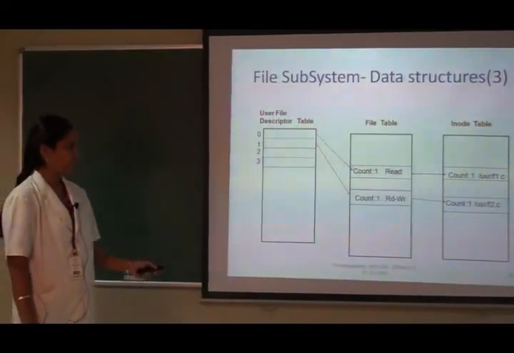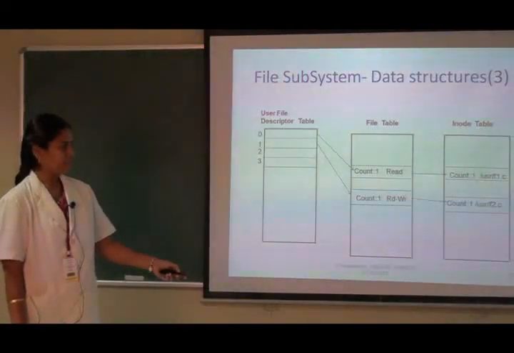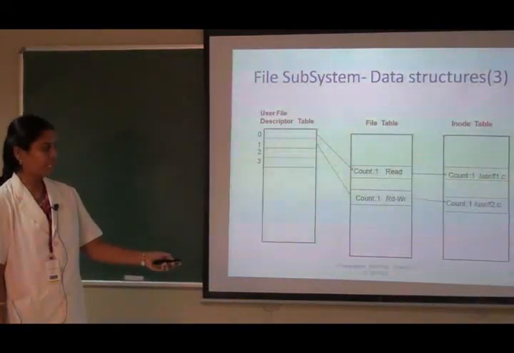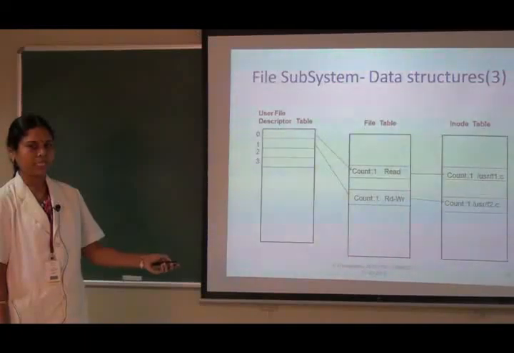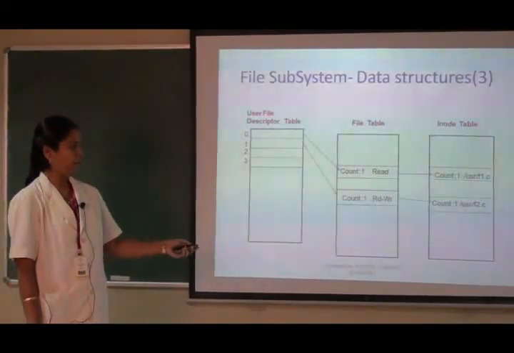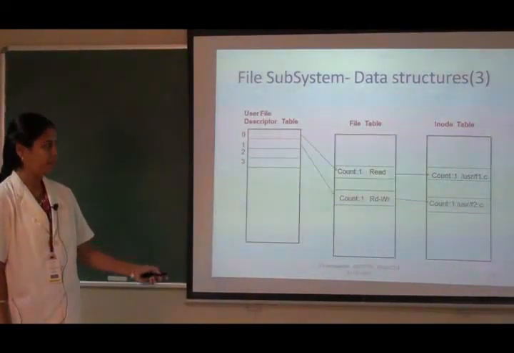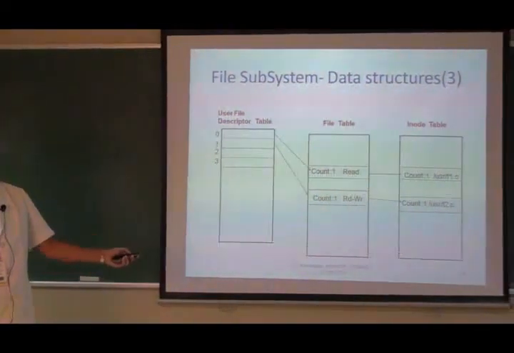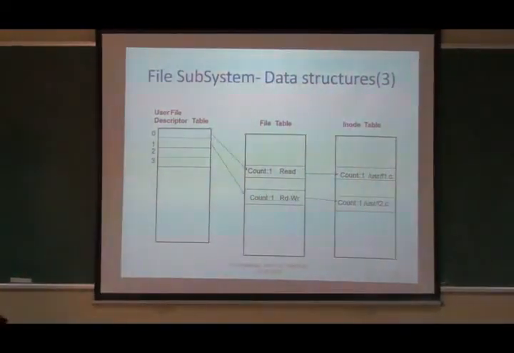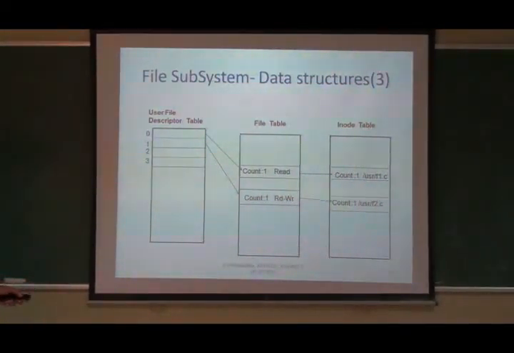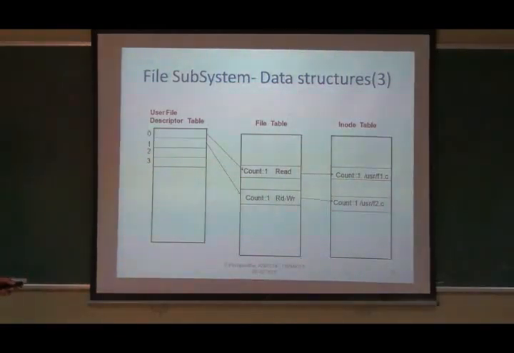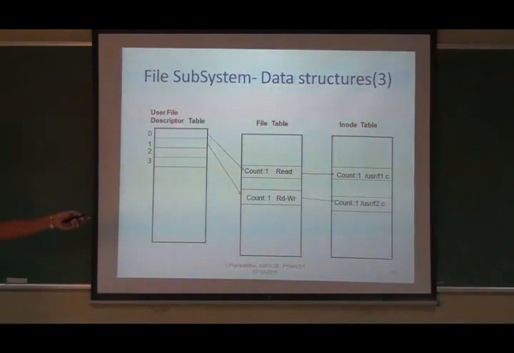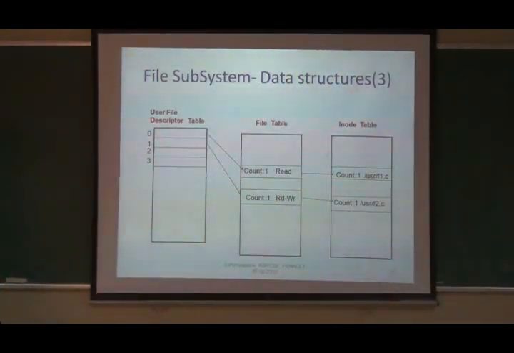For the second system call, f2.c, if the second file is available, it has to allocate an entry in the inode table. In the inode table, again it marks the file name and the count. Only one process is using this file, so the count is equal to 1. Then it has to create an entry in the file table. In the file table for f2.c, the count is 1, it is read write mode, that is marked here,